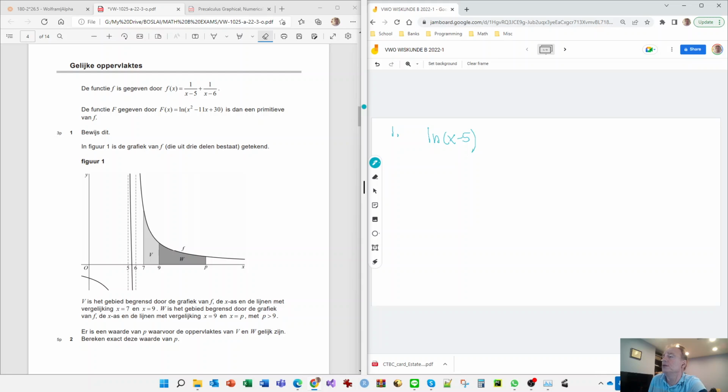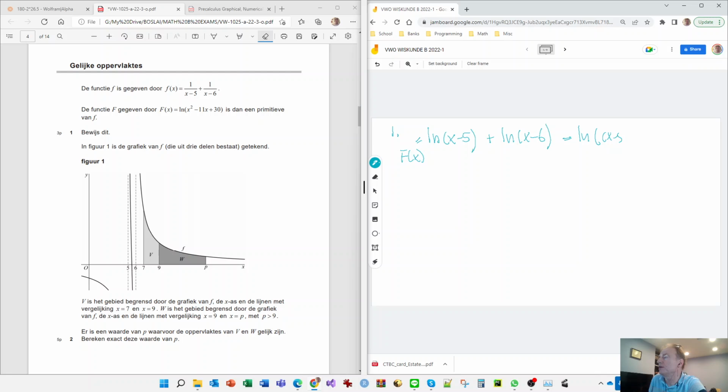So you get F of x is log x minus 5, and for the other one simply log x minus 6. And an algebraic property of a logarithm is that the sum of two logs of the same base is actually the log of the product. So this is log